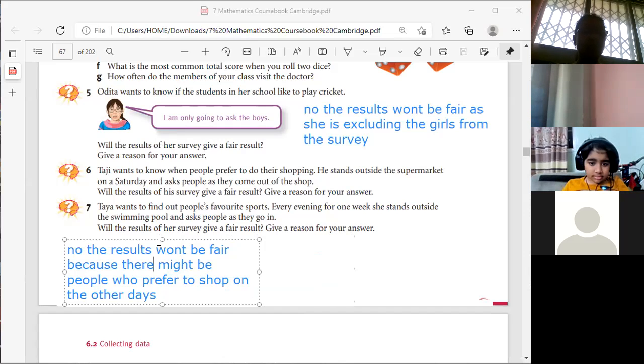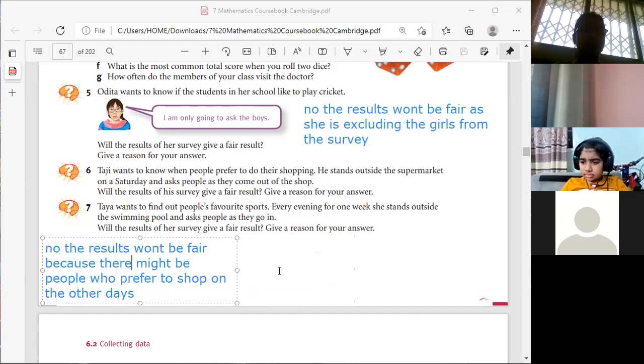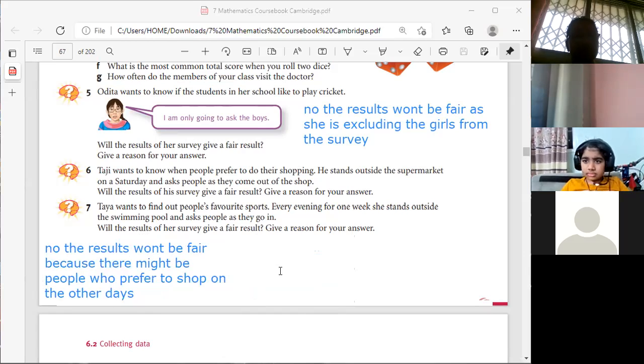Chalo, 7th question, Mohammed. Okay, I'll just do this. Taya wants to find out people's favorite sports. Every evening for 1 week, she stands outside the swimming pool and asks people as they go in. Will the result of the survey give a fair result? Give a reason for your answer. Yes, ma'am, it will. Because there are many people who want to learn swimming, but it is not their favorite sport. And she stands there every...